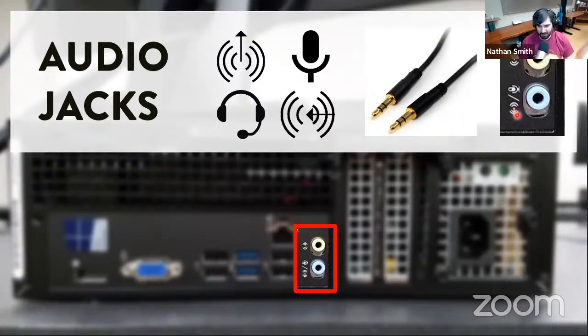But then you also have the line-in jack. The line-in jack is basically a place to plug in other audio equipment that's already playing audio out of it. For example, you might plug in something like a CD player, or even your phone, things like that. Something that puts out audio that you would normally plug headphones into, maybe. That's what the line-in jack does.